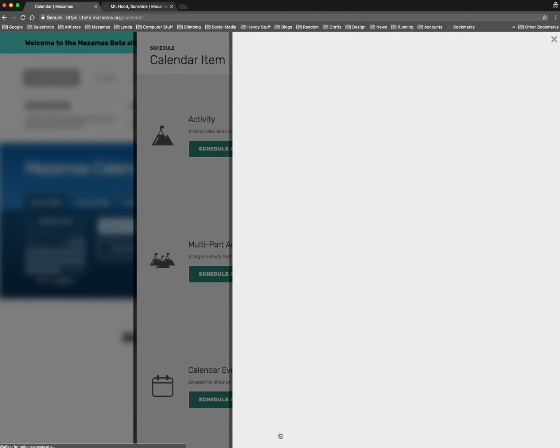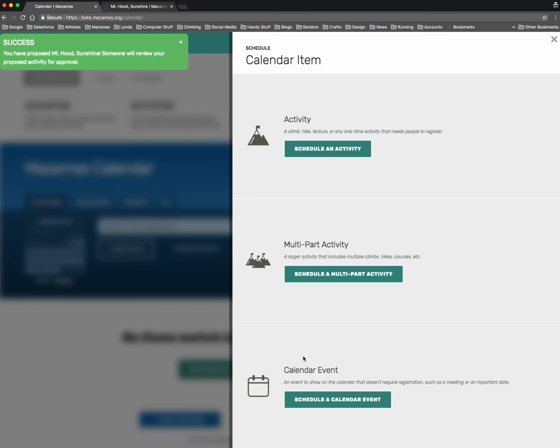Now click on schedule. If you've forgotten anything, you're going to get a red bar that says you need to go back and do something. I got all the things, so it said I have proposed this, and this is now proposed on the calendar. So let's